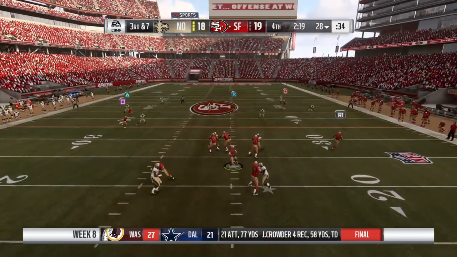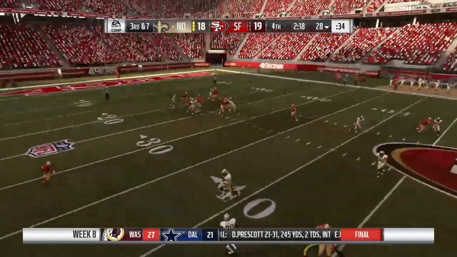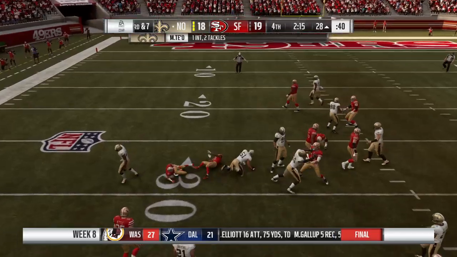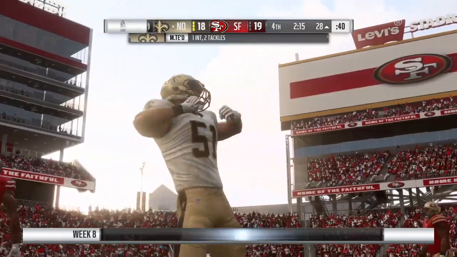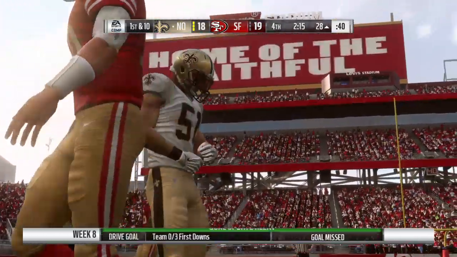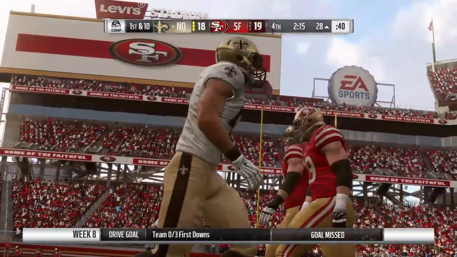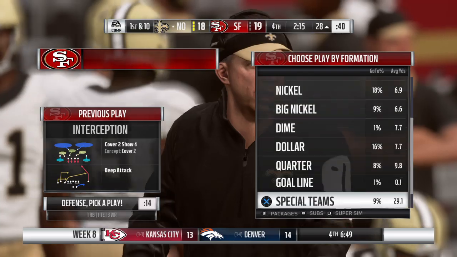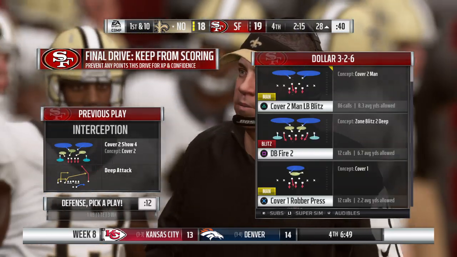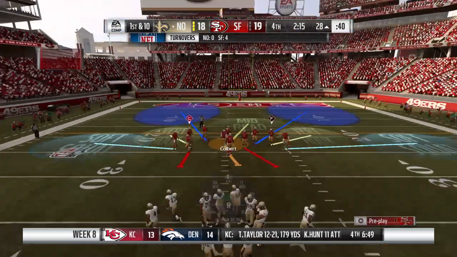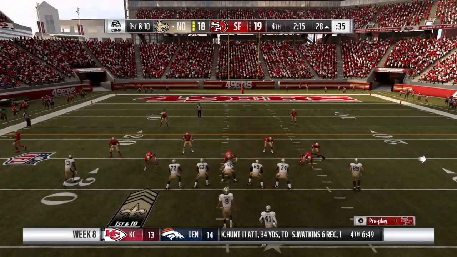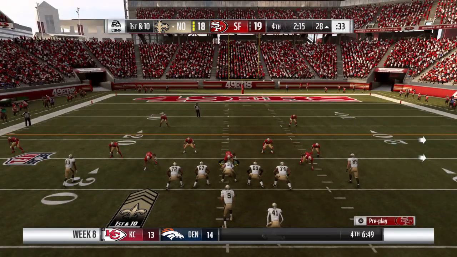Now Garoppolo. And look at this. They get the turnover they needed. It's intercepted. Picked off by the linebacker, Manti Te'o. And this return is going to be halted right around the 28-yard line. A critical error there in a tight game of the 4th. All you talk about is taking care of the football, and especially with a lead here in the 4th quarter, turning it over, now the door is open for the opposition.